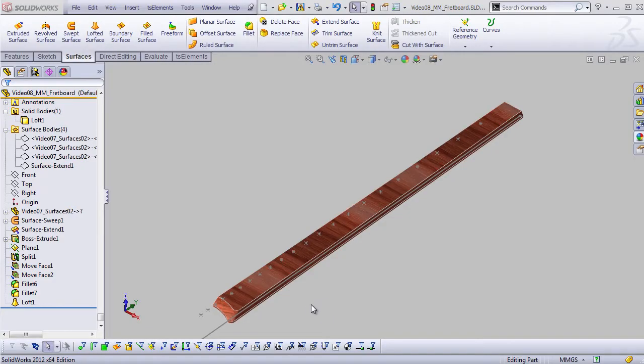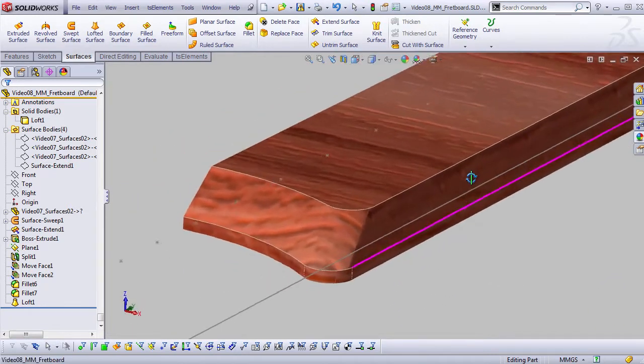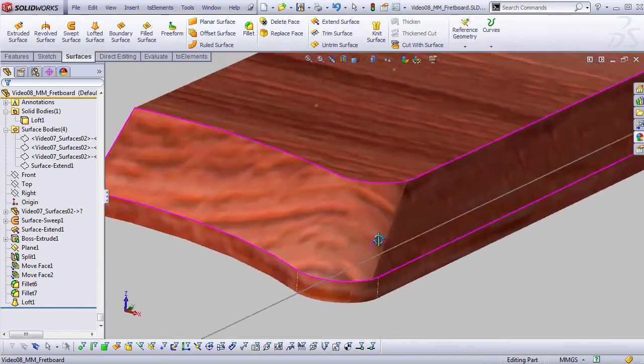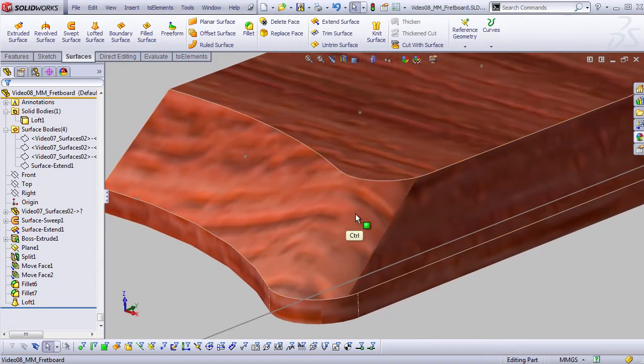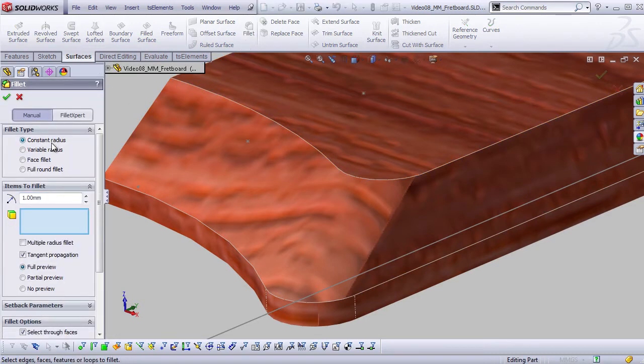Now, since we're on the topic of perfect fillets, let's go a little bit deeper down the rabbit hole for a minute here and look at some really finicky aspects of fillets in any CAD program, not just SOLIDWORKS, and then how we can get around those. So here, if we go to the fillet tool and do a constant radius 1 millimeter fillet along this edge,